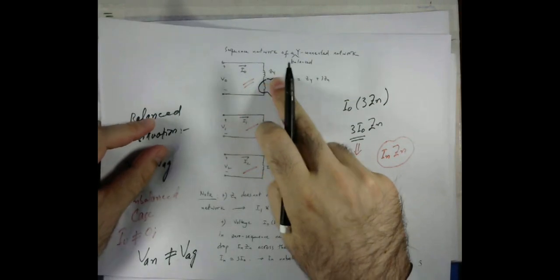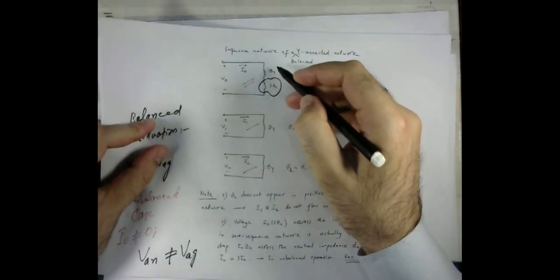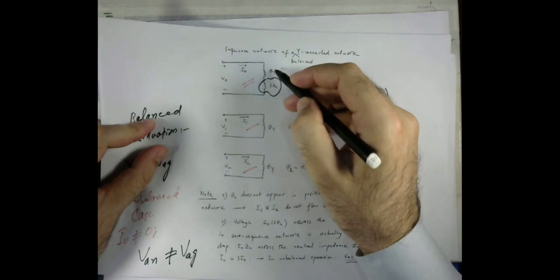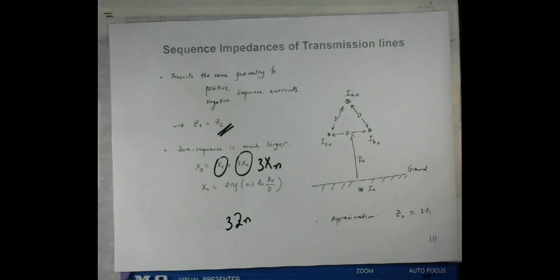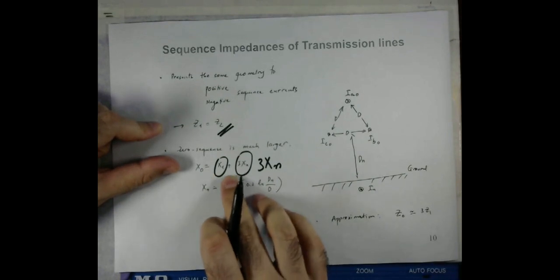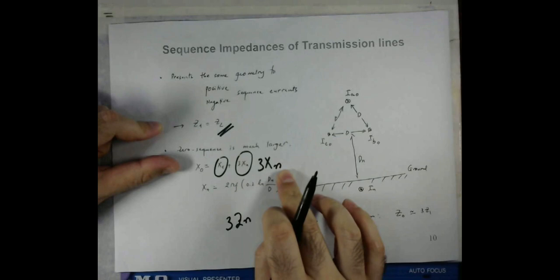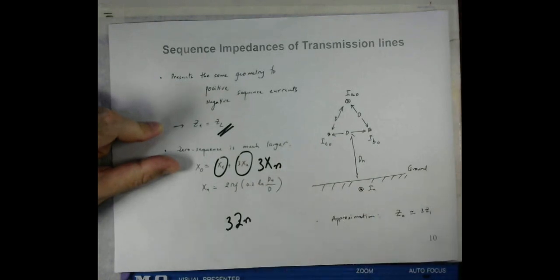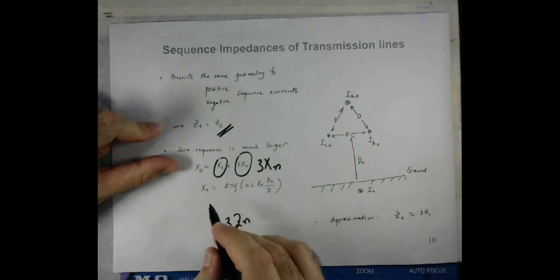Even if you remember from the last lecture, the zero sequence current was having the impedance that is in the one phase, and then 3Zn. So the situation is the same here. The zero sequence inductive reactance is equal to X1, the positive sequence inductive reactance, plus 3Xn. And Xn, which is the